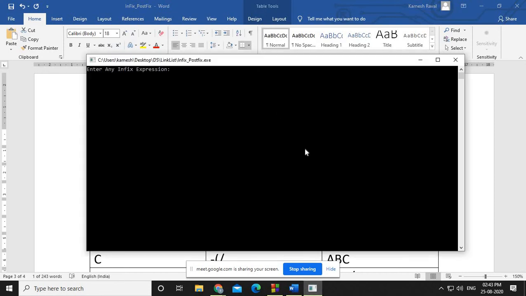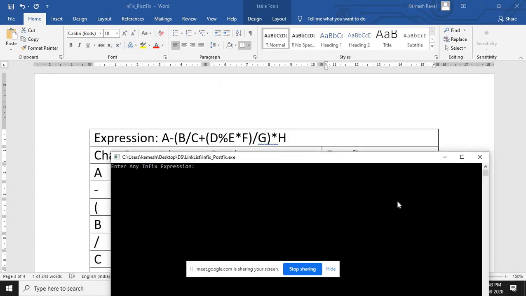I'm just writing this expression: a minus, parenthesis, b divided by c plus, parenthesis, d modulo e into f, closing parenthesis, division g, closing parenthesis, into h, right?